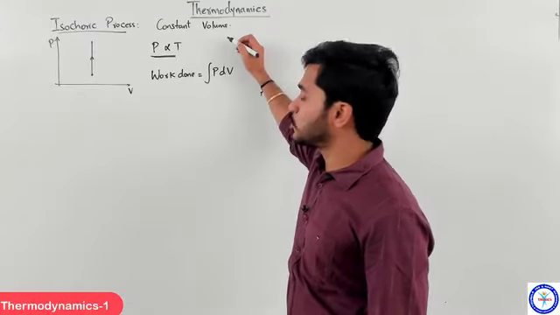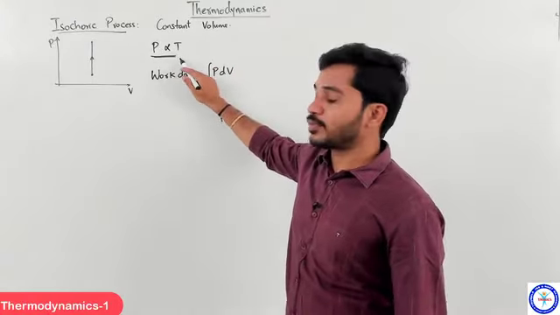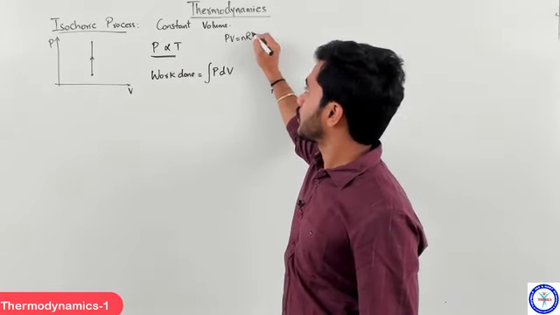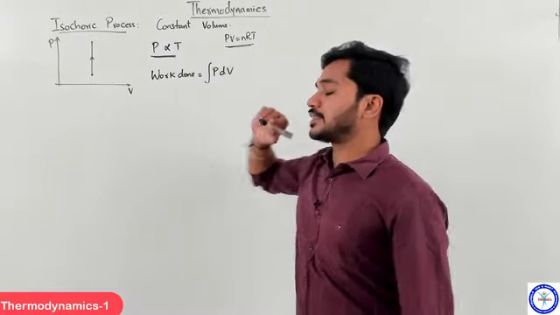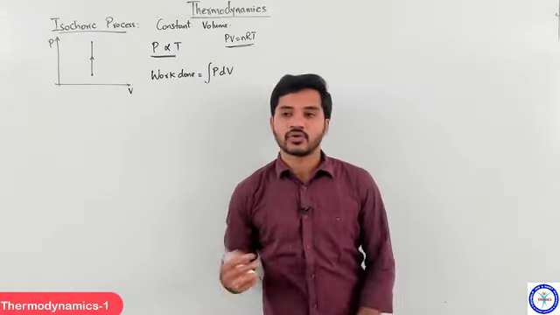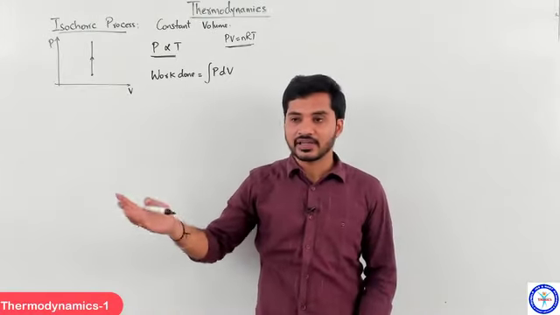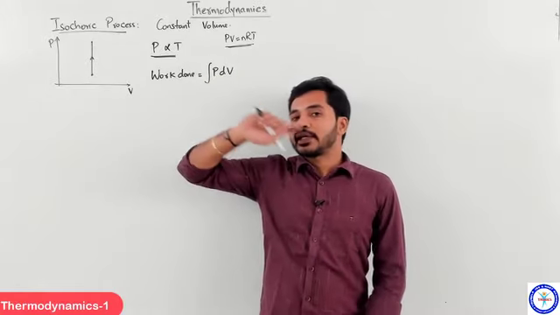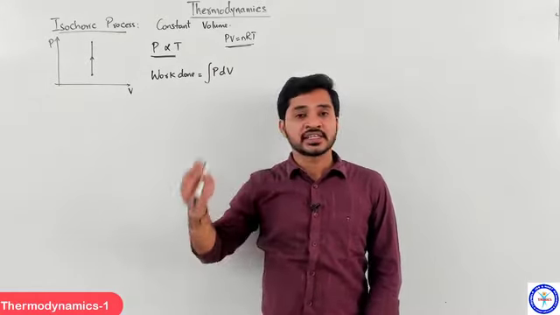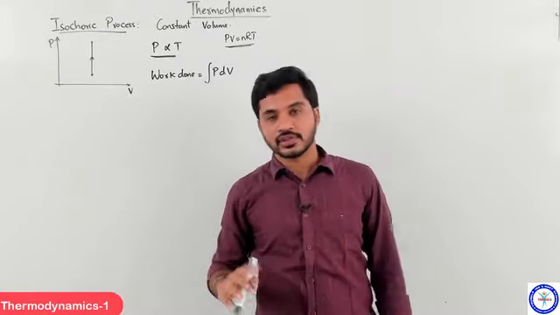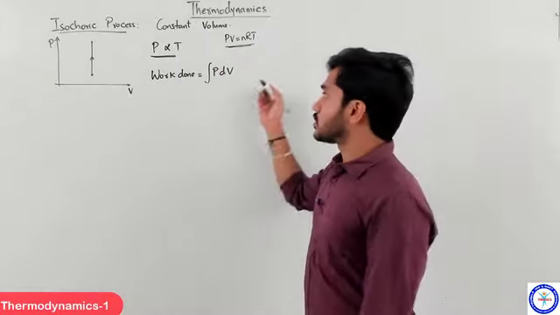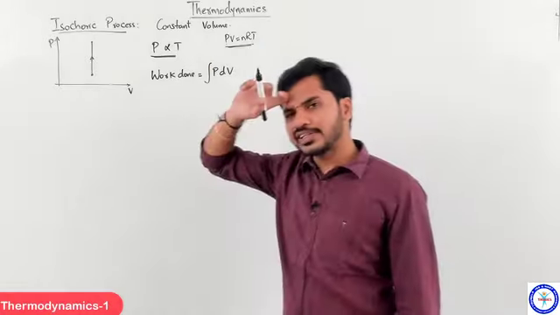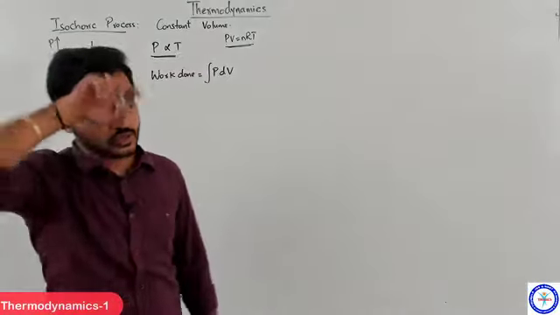We know that in a constant volume process, P is directly proportional to T, because we can say that from PV is equal to nRT. So PV is equal to nRT, the ideal gas equation, is applicable for all the processes, irrespective of whatever gas we have, whatever process the gas is undergoing. So PV is equal to nRT is applicable for the gas in each and every state, for each and every process. You can apply this every time. Clear? So V is constant means P is directly proportional to T, right? That is how we can define an isochoric process.